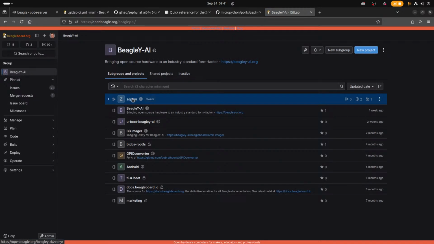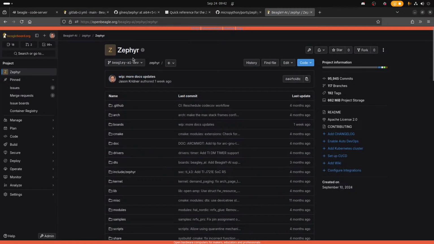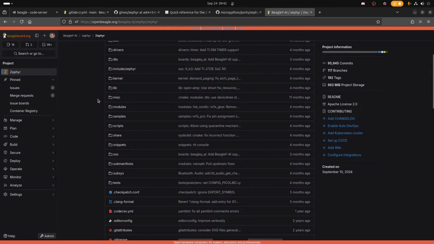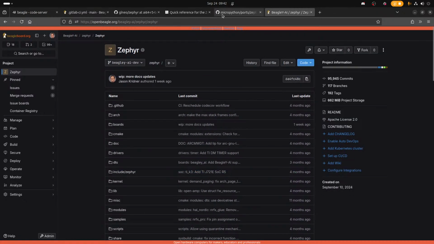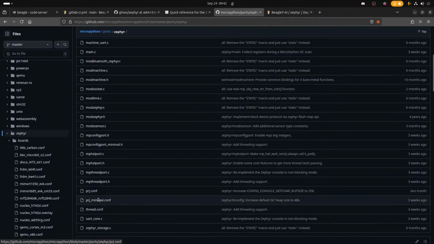All right. So here's our Zephyr group, right? One of the things that I think might be handy on the MicroPython port is to include a west.yaml here.